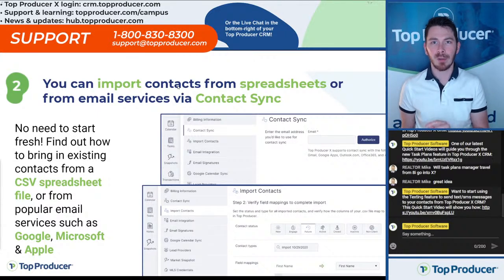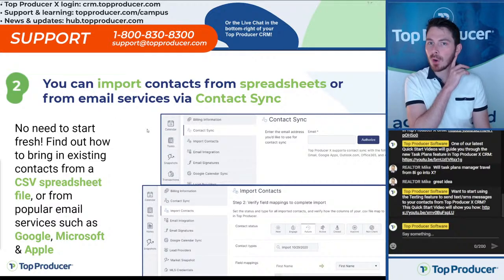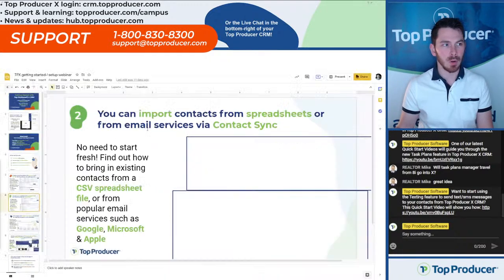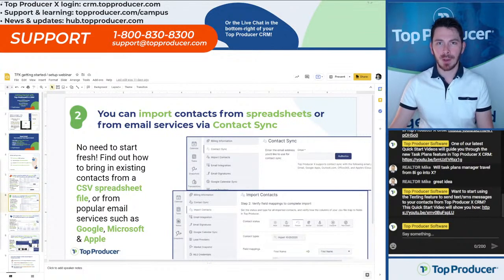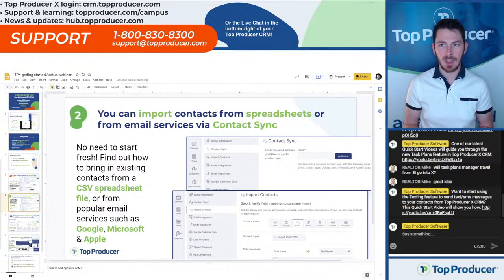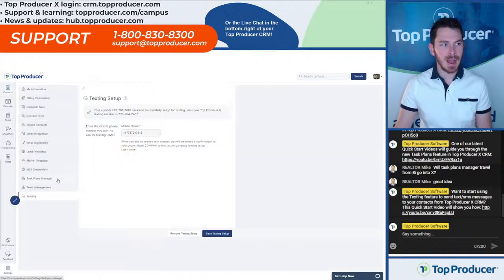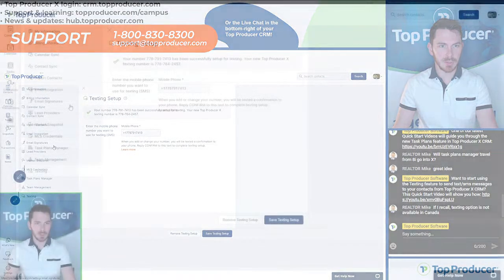So we're going to quickly cover how to import your contacts via either a spreadsheet import or using the contact sync, or both. So maybe you have contacts coming from a different CRM, maybe from your MLS or elsewhere. Well, chances are you can get them right into your Top Producer X just with a little bit of configuration. So what we're going to do now is in the settings, we are going to go to,